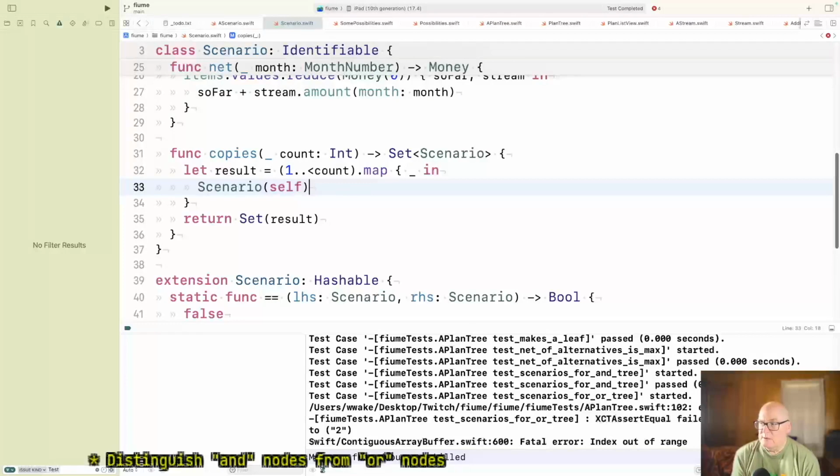Yeah, you would. I think we'll have to see how it plays out, but we do have to make sure it's either kept or removed. If it's kept, it's going to be modified, and if it's removed, that's fine if it's got the right combinations in there. Okay, so to make n copies, run through this list, generate an array of scenarios, and turn it into a set.